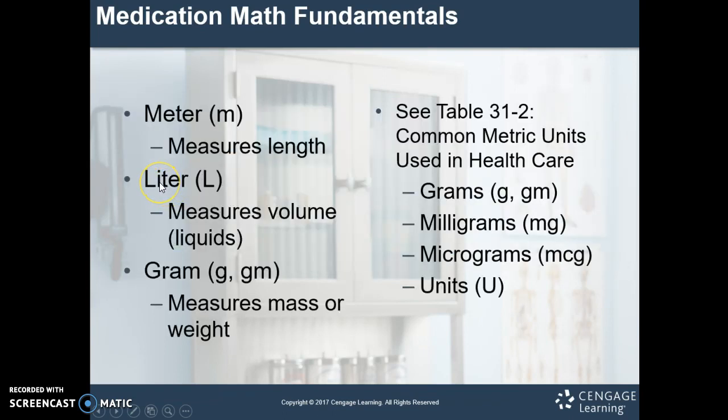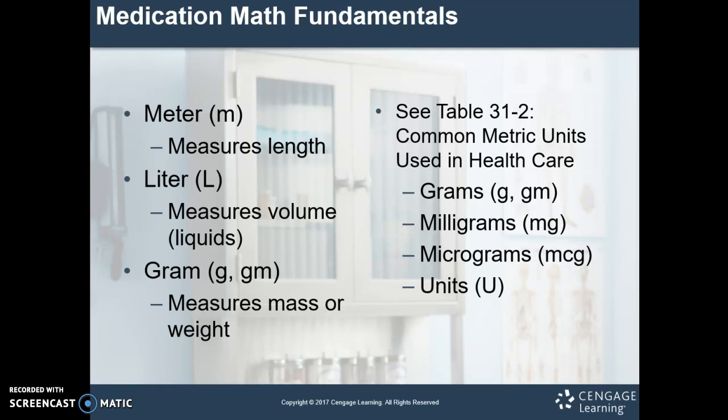So a meter, noted by the small m, measures length. A liter, noted by the large L, measures volume, and this is for liquids. A gram is usually noted by a G, or you could see a GM. It measures mass or weight. So if we go to table 31.2, common metric units used in healthcare, we already talked